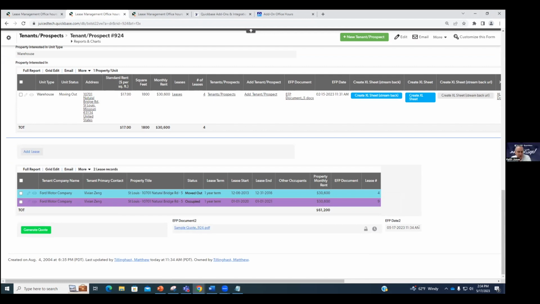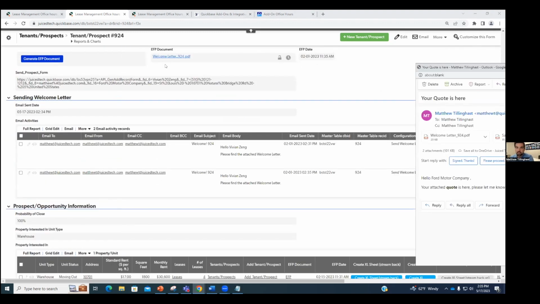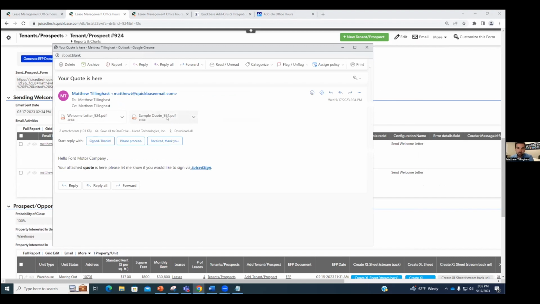All right, so really what he's showing you here is you can click one button, generate a document, and it can automatically be emailed without having to click another button. So it's triggered based on the EFP date 2 field being updated, which gets updated by the code behind the green button that Matt has there, which is Exact Forms Plus, that says go update that date time field every time a document is created. Right. And with that said, I get back my thing, and you can also see that this one's got my welcome letter, because if I scroll back up, there's an Exact Forms Plus document here too,